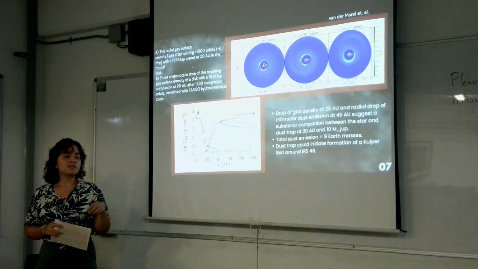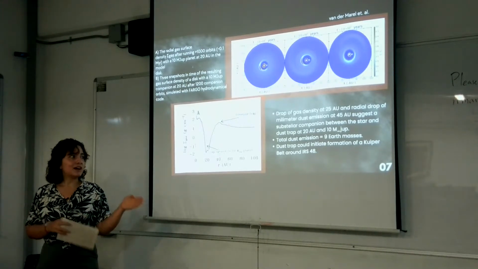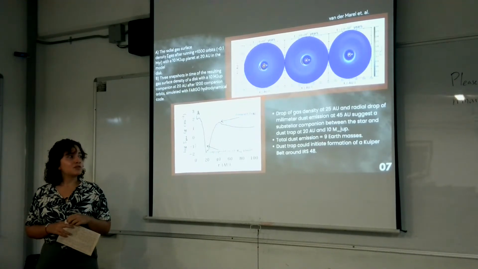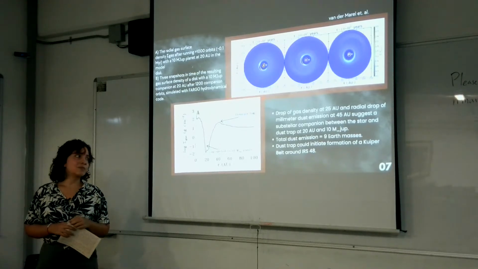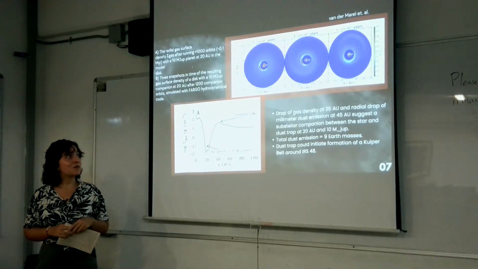And the total dust emission corresponds to 9 Earth masses. And the dust trap could initiate formation of a planetesimal belt around the star. So that was the